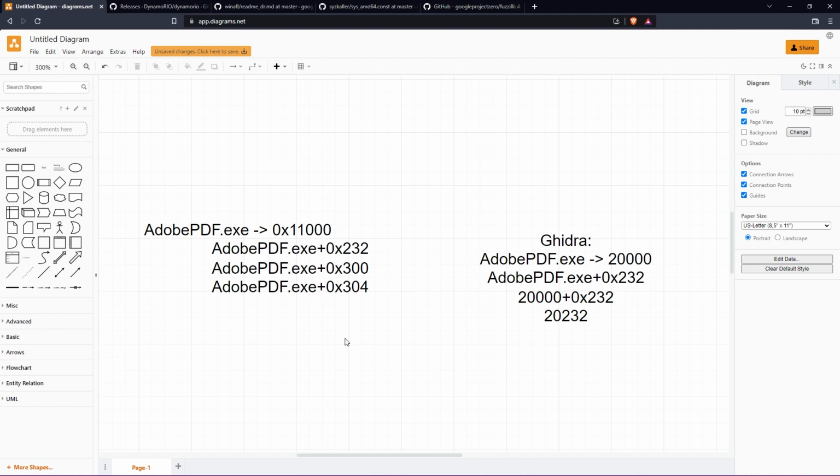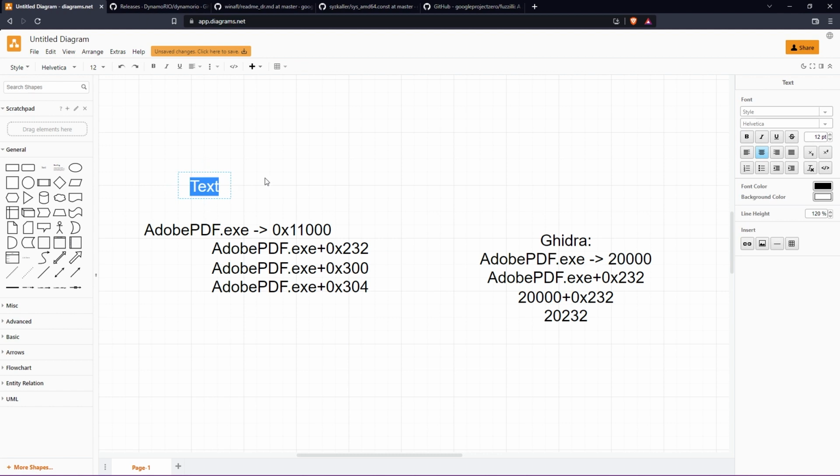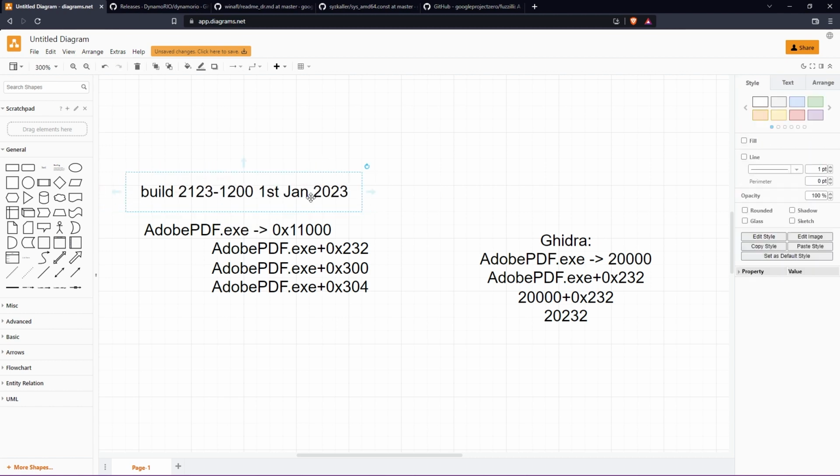Now note that this is very, very target specific. For example, this is going to be valid for a very specific build of Adobe. Maybe build 2123-1200, built on the 1st of Jan 2023 or something, right? That's where this offset is valid, which means in Ghidra, if I want to convert the module name plus offset,